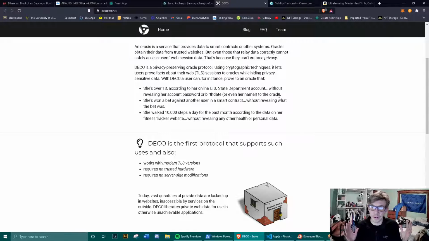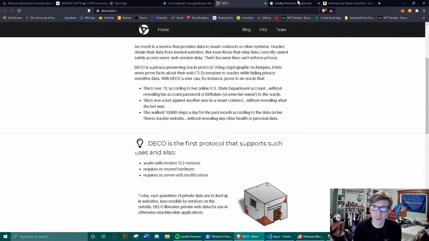I'm not really sure how they're going to do it, but they're going to do it. She's won a bet against another user in a smart contract without revealing exactly what that bet is. It's pretty cool if you think about it, because it allows you to keep the sensitive data contained while extracting the important parts that need to be used and processed for further stuff to happen.